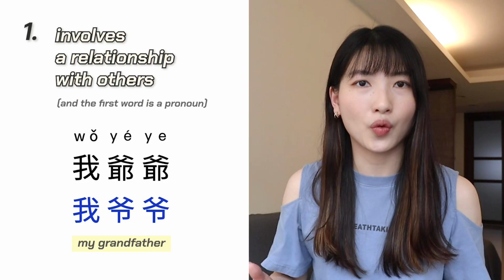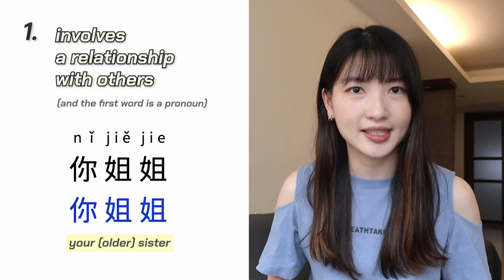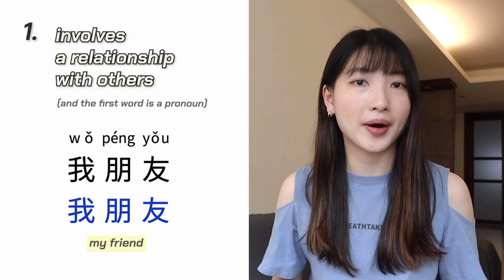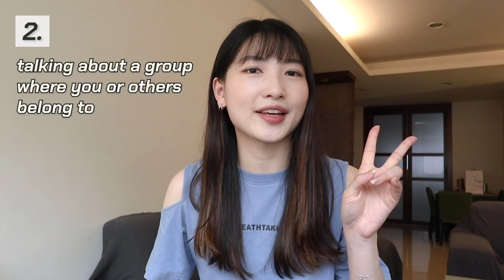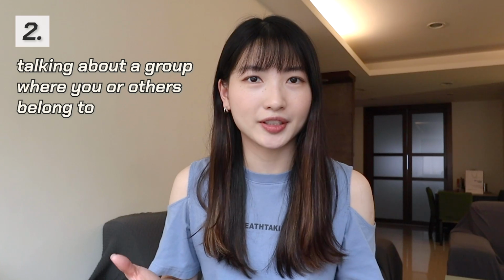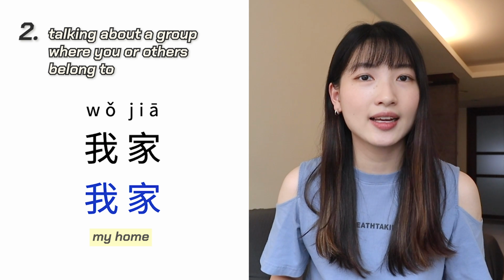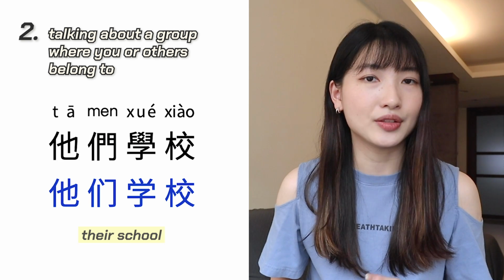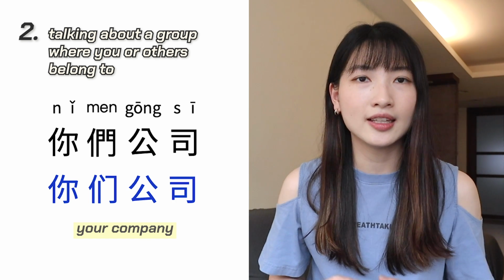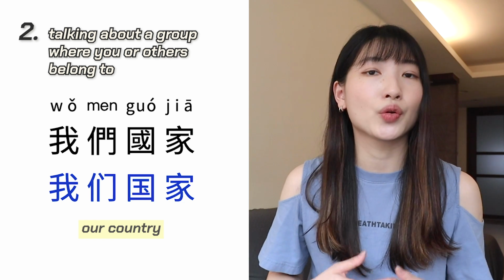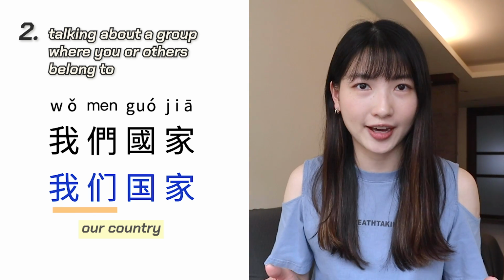Here are some examples. 我爷爷，你姐姐，我朋友，她男朋友。Second, when talking about a group where you or others belong to, such as family, school, or the workplace. For example, 我家，他们学校，你们公司，我们国家。